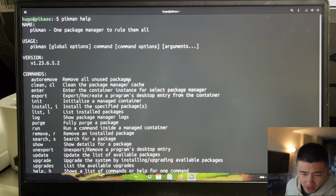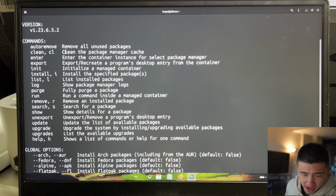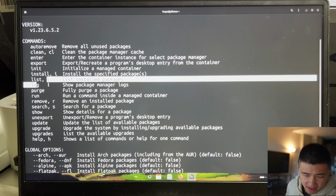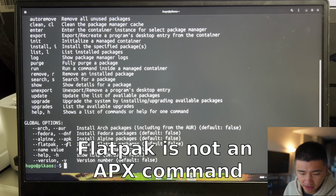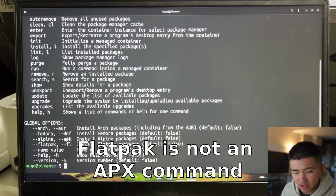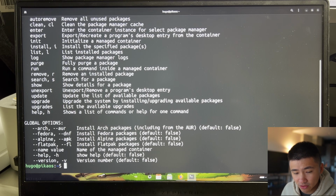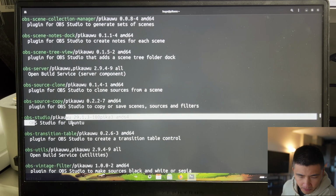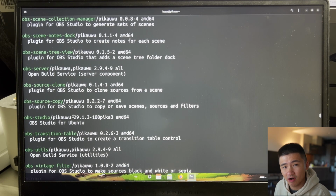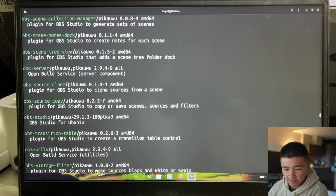In the help menu, I can see several commands. It has install, list, run, and remove. It also has a set of APX options like Arch, Fedora, Alpine, and flatpak. Let me just use search and install options to see how it works. If I don't use the specific option to specify the source of the package, Pikman will pick from its own